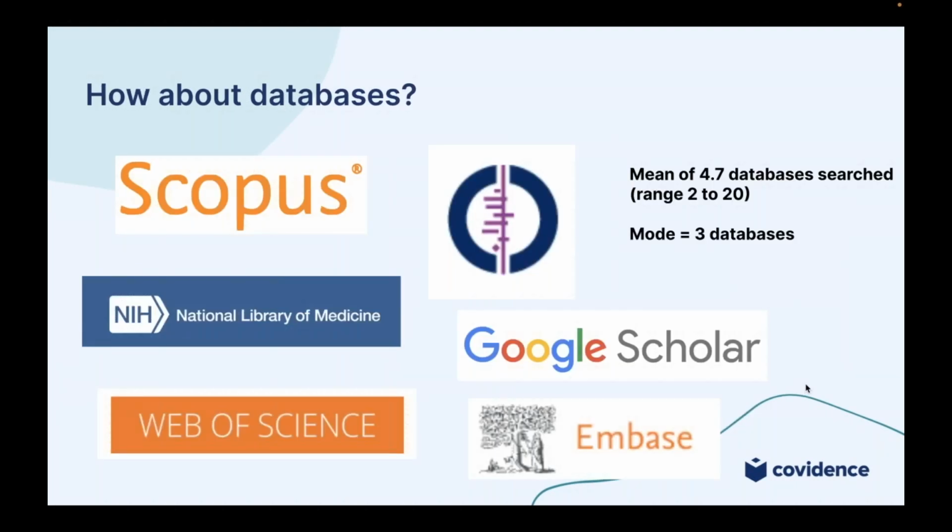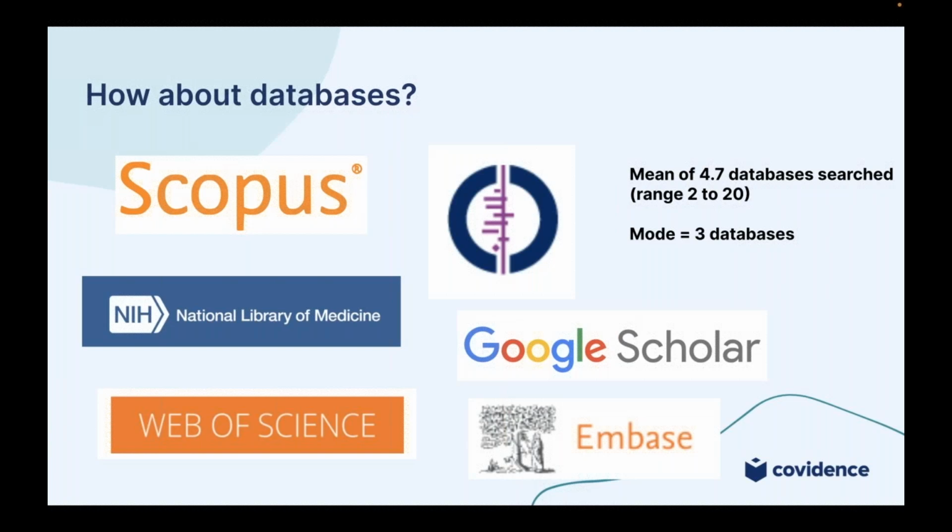We also looked at the databases that are being searched, and we found a mean of around 4.7 databases being searched, and you can see the range there from just 2 databases up to 20. The most frequently occurring number of databases being searched was 3. And you can see here that the most commonly searched databases are Scopus, Medline, Embase, Web of Science, Cochrane databases,